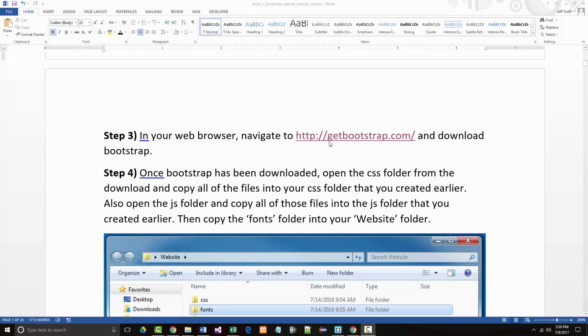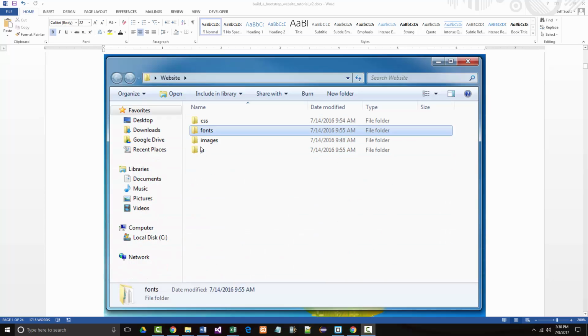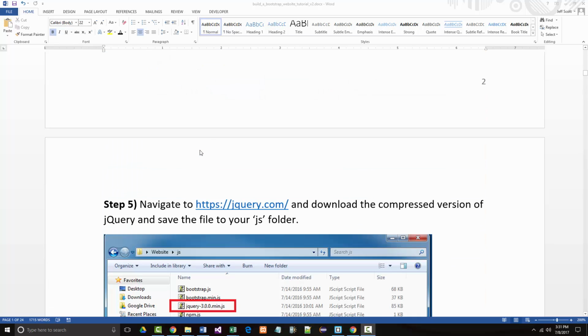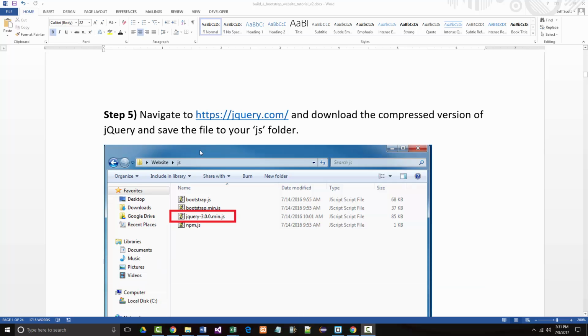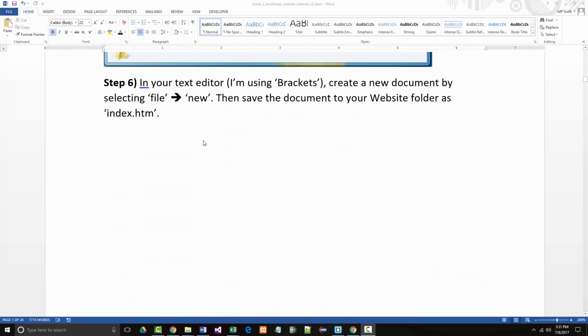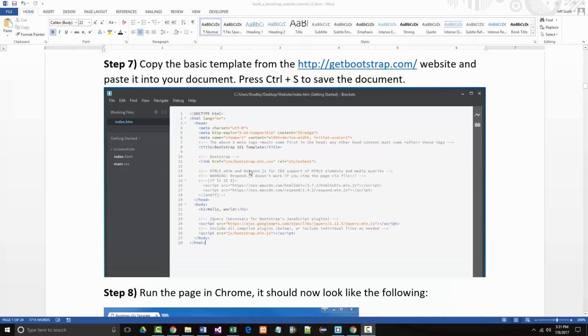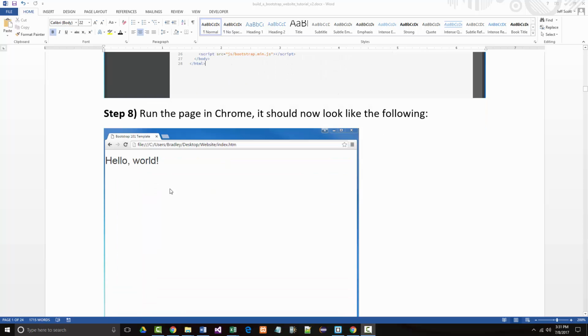We went out to getbootstrap.com and downloaded Bootstrap, added just the bootstrap.min.css file into CSS, added the fonts folder, nothing in images, added both bootstrap.min.js and the jQuery file into the JS folder. And then we went back out, started up a new file, went and copied that template that we get from getbootstrap.com in, ran it,